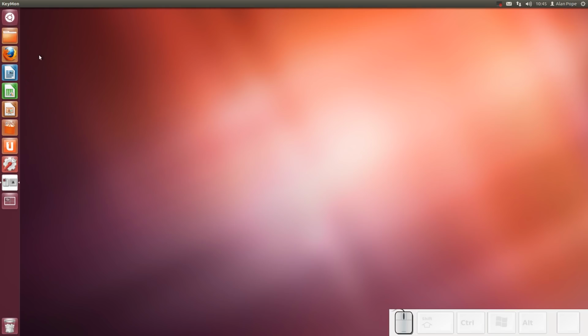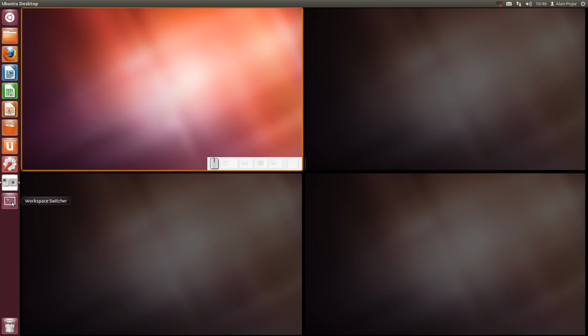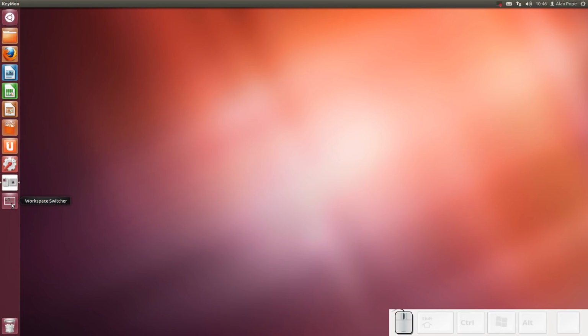So we've also got a bunch of applications here, and these should be fairly familiar to any of you. The one that's a bit quirky for many people is the Workspace Switcher. And when we click the Workspace Switcher, we get a zoomed out view of multiple workspaces. So I can have applications open on any of these workspaces. And if you just click that once, it zooms out to show you all workspaces, and then click it again